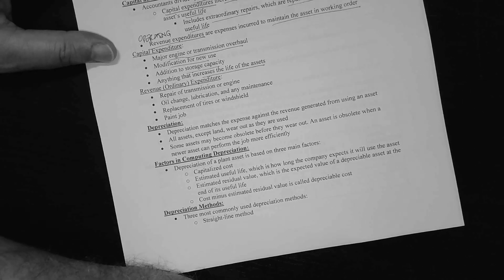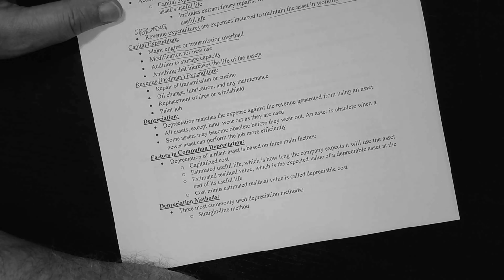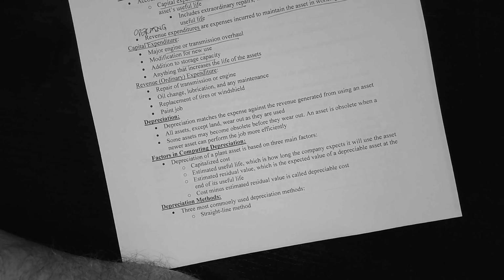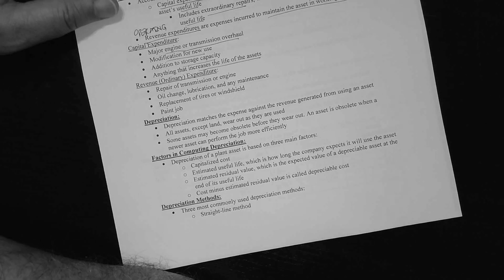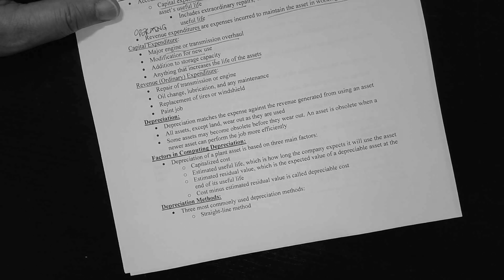Let me give you an example of a truck. For example, you haul furniture in a truck, and you get paid say $30 an hour, but you have been asked to haul seafood, dairy, or fruits or vegetables, but you cannot do it because your truck does not have refrigeration capability. So you install a refrigeration system in your truck. Now that has changed the capacity and capability of your truck, which gives you say $50 an hour for transporting fruits, milk, dairy products, vegetables, or seafood, right? Since you have installed a new refrigeration system that changed the capacity or capability of the truck, it will not be considered an ordinary expense,